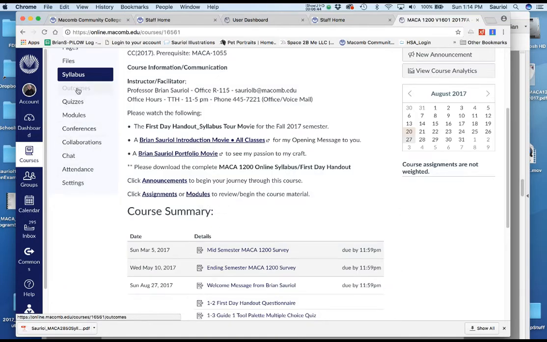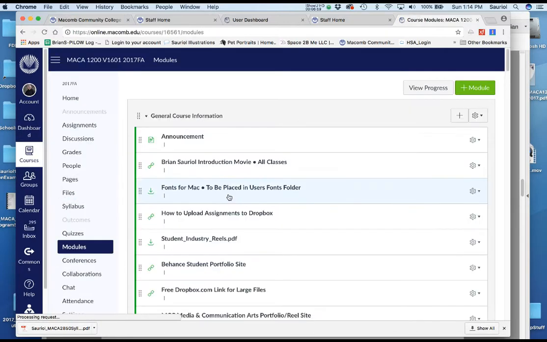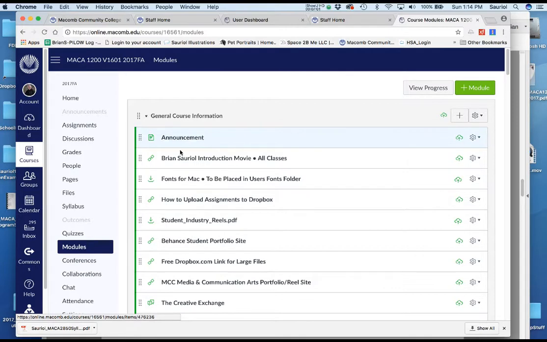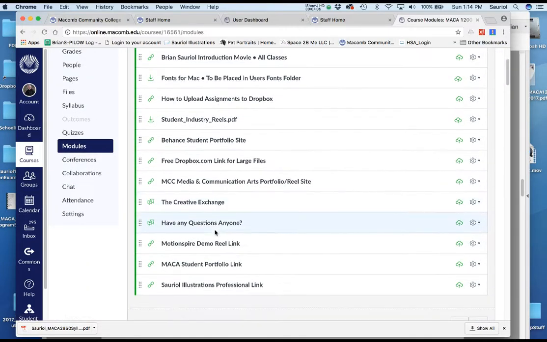Now over here on the left hand side, you're going to see the modules button. That is the most important button in all of this material other than your grades. But we'll track those as the semester rolls on. So I'm going to click to the modules section, and in the general course information, there's a lot of really great material up in here.